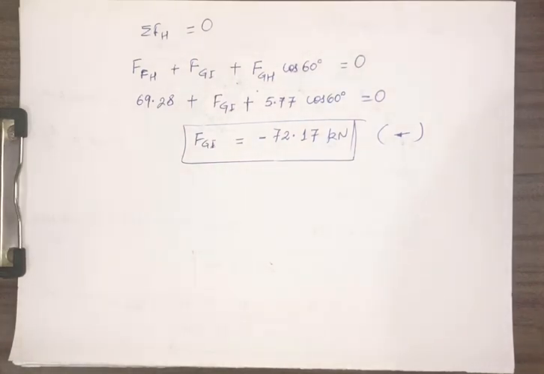So I hope this is clear to you. You have to solve with 2-3 tricks. If you are not able to solve, if you are not understanding anything in the problem, just start by method of joint at any of the joints, either left of the section line or the right of the section line. So we have completed the truss.